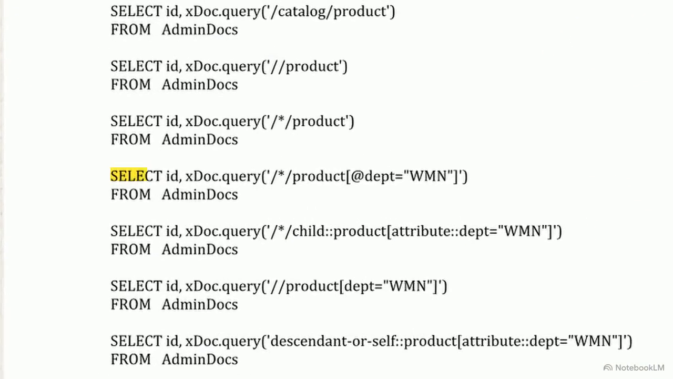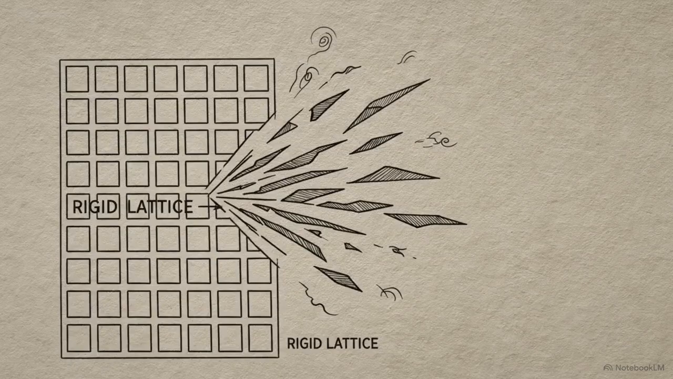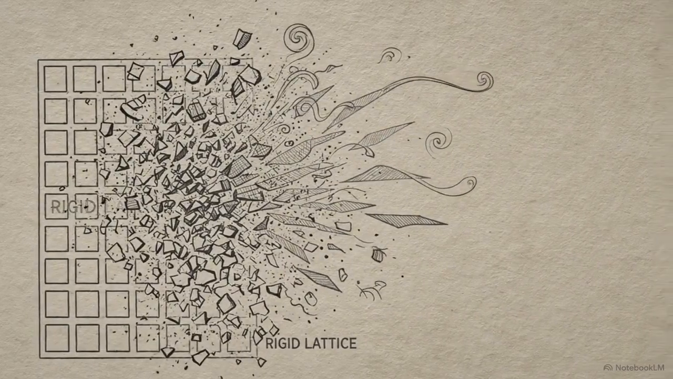By calling the built-in .query method on the XML document, the database executes XPath navigation strings directly within a standard select statement. Looking at the path expression, the syntax directs the engine to find all product nodes, regardless of their depth. It then applies a filter, represented by the brackets, to isolate only the products where the department attribute equals WMN. XML allows databases to store and query highly variable information dynamically, removing the need to enforce a rigid, prior